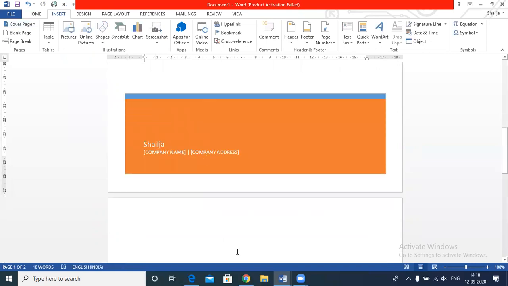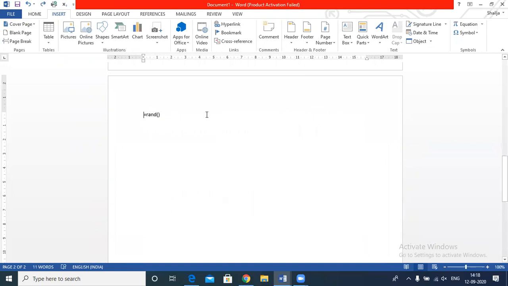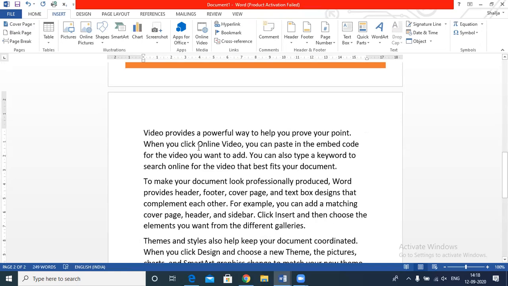Then for example, you have written something on your page. What I have written here is equal to RAND. What is the meaning of is equal to RAND? It is used to define predefined paragraphs to your document, so that you can practice the formatting on those paragraphs. So I'm pressing enter. After this, you can see some predefined paragraphs have appeared on my screen.